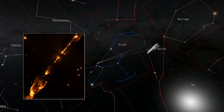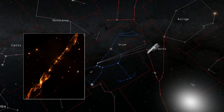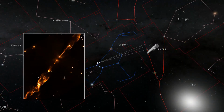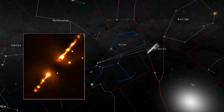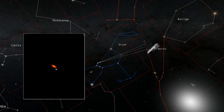And check this out. Look at that object. It has this massive jet that is coming off of it. If you kind of zoom in, you will see that there's actually a central star right where there's a gap in between those two bright gaps. So there is a central star in there. And what's happening is that star is in formation. It is forming. And it's got a disk around it, and it's blowing material off in both directions as a